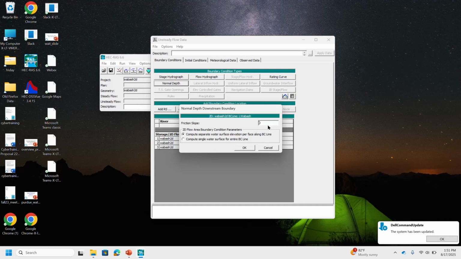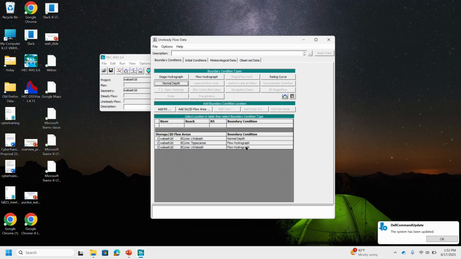So this is going to be our frictional slope of 0.002, and this is defined as the slope of the energy grade line, and it is used as the downstream boundary condition. So basically it represents the slope of the water surface that the program will use to calculate the water surface elevation. So I'm going to say okay,